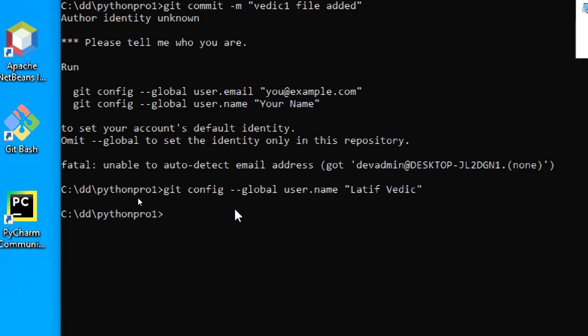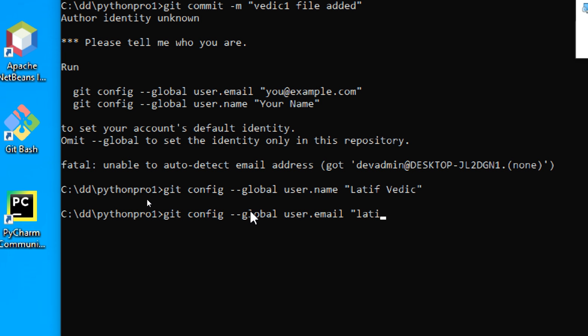Okay, so first I gave my name to Git. This is one time only, one time in a machine. No need to give it a second time. These are global variables. There are three global variables; out of that, two are compulsory for the user.